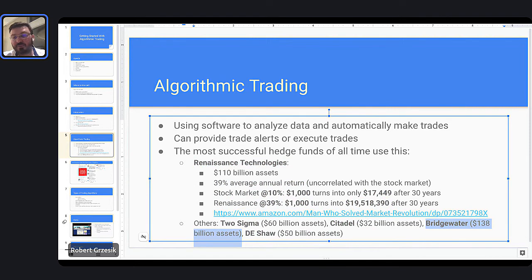Run by Ray Dalio. Last I heard, they're managing 138 billion in assets. I think that's a lot more than that now. I think they might be one of the best performing hedge funds of 2022. These guys actually made a lot of money this year. The whole stock market's down. They are not down. They actually made a ton of money this year. Check it out. It's all public, right? They have to disclose the stuff.